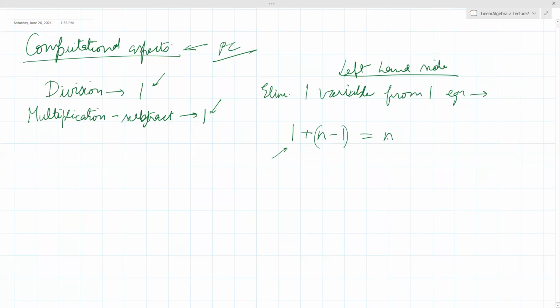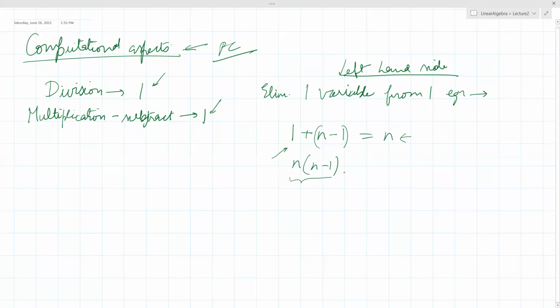So now in the first case, when you are going through your elimination for the first time, you'll remove the first variable from all the equations, isn't it? How many such equations are there? N equations are there, but we are not doing that to the first equation. We are not removing any variables from the first equation. So we are removing from n minus 1 equations. So you are doing n into n minus 1 for the first one.